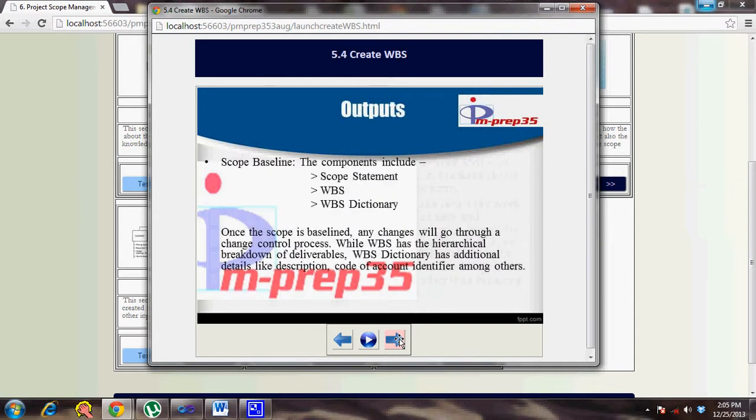Then you have the scope baseline as the main output. The scope baseline, as already discussed, has the scope statement, WBS, and the WBS dictionary. The WBS dictionary has all the attributes for the different components in the WBS, which you can't write in the WBS structure as such. You move to an additional document where you can write everything about milestones, the desired resources that might be required, the characteristics of the resources, and whom you are planning to allocate. Any detail that you think is necessary to be explained for each component within the WBS is written in the